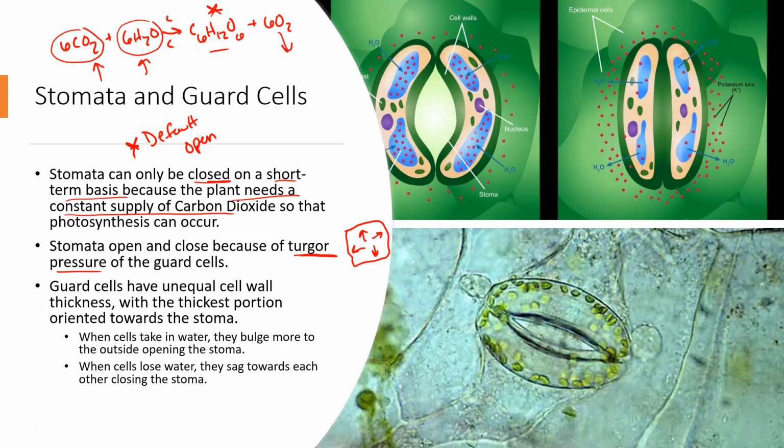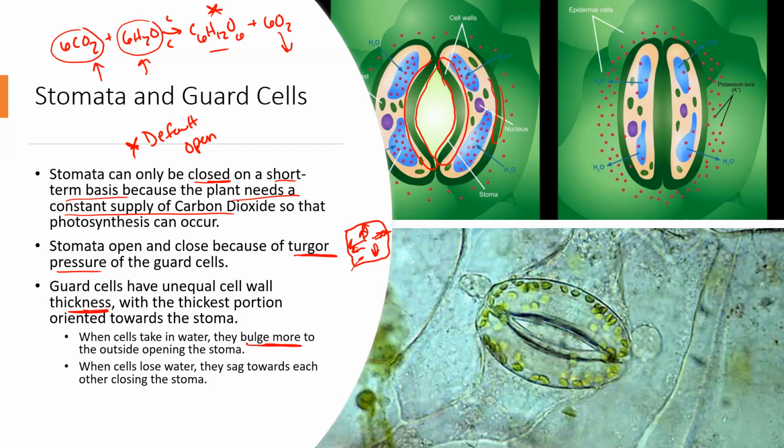Guard cells have unequal cell wall thickness. You can actually see that in this particular image. They're going to have thicker cell walls on the insides of these stomata and thinner walls on the outside. Okay, that is an actual trait that is really important to the proper functioning of these cells. When cells take in water, they bulge more. As I said here, when they take in water, they're going to increase the pressure